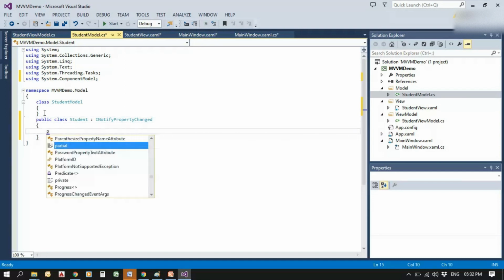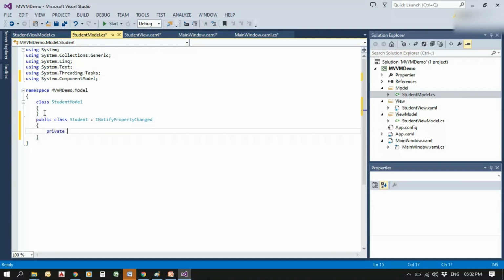Inside that we have two private strings, which are firstName and lastName, and these private strings can be accessed using get and set functions. The video explaining how these get and set functions work and why we are using them, I have explained in another video. The link of that video is given in the description box. Please see that link for getting the idea of get and set functions.